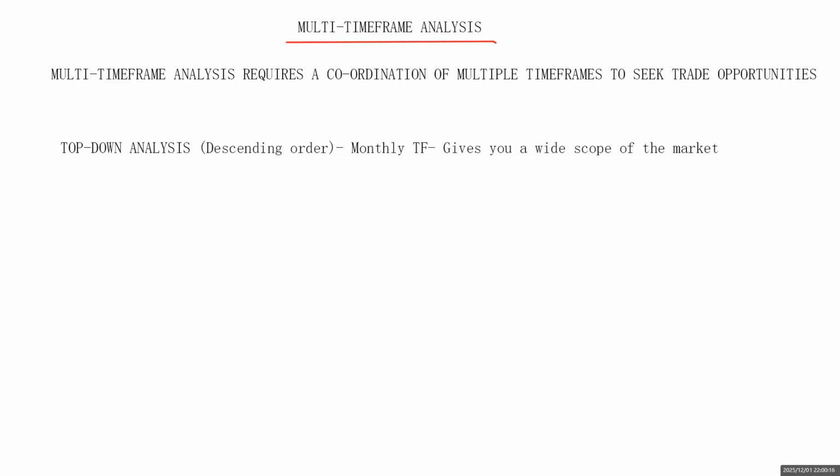basically defines the entire scope of price. Like I said, if the monthly time frame is bullish, the monthly time frame has shown you that clearly price is on clear structures of higher highs and higher lows. When you go onto your entry time frames, either the 1 hour, 15 minutes, or whatever entry time frame you use, if you are buying, that means I'm buying with the overall flow of the market, because the monthly time frame is bullish. So if I'm buying on my entry time frame, it means I'm buying with the overall flow of the market. I'm buying with the